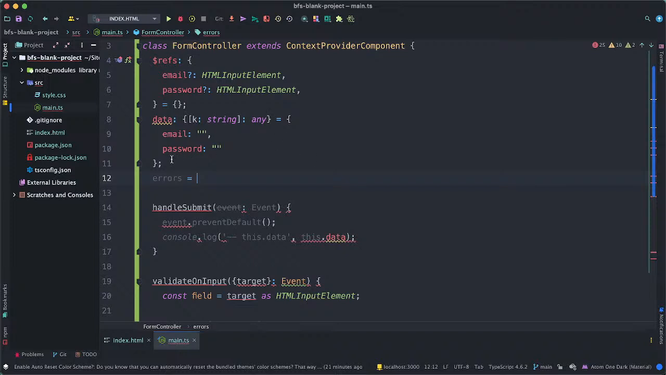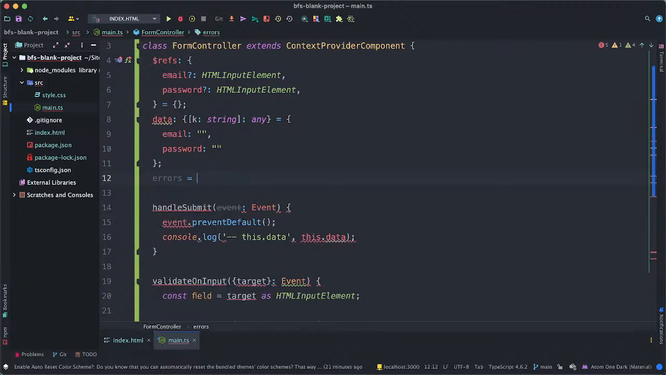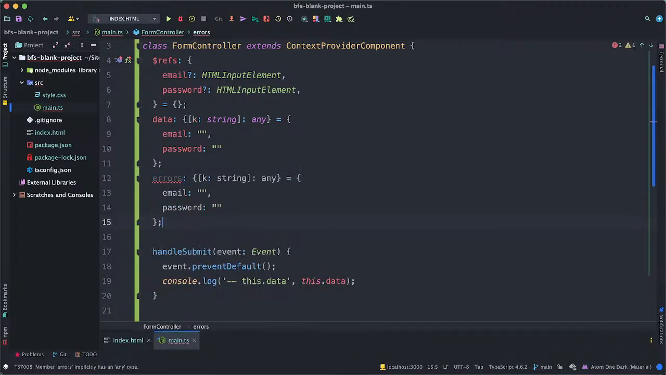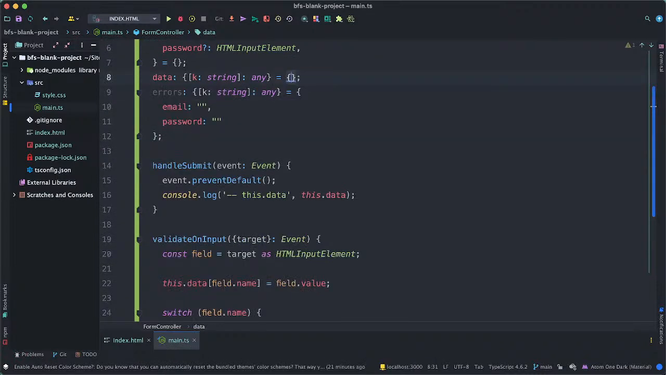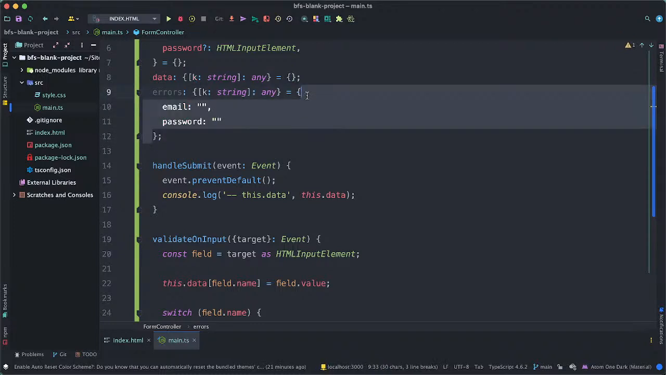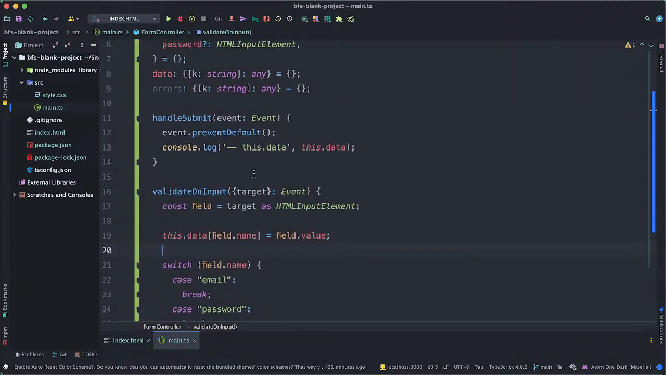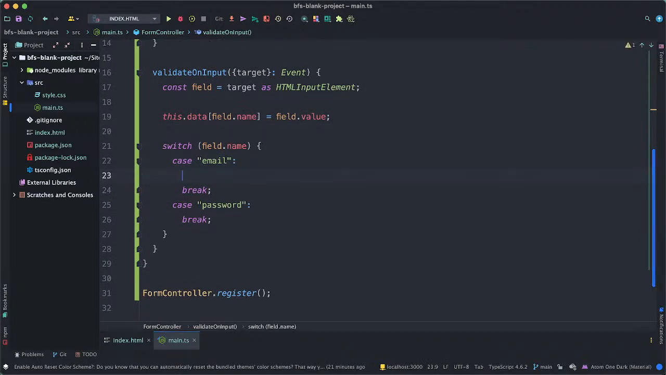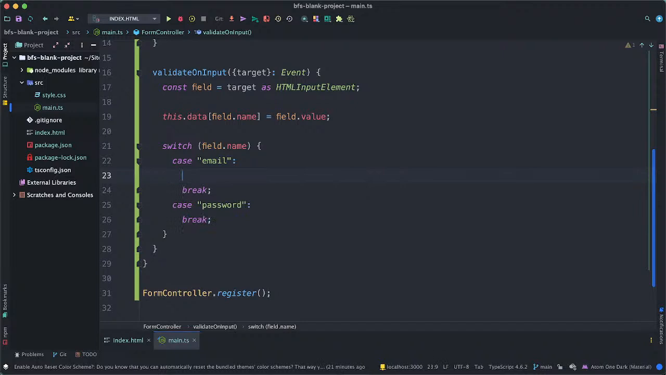It's just gonna be the same thing here. We can do errors here. We don't have to put this at this point. We have data, we have errors. And here we're gonna check. We're gonna just do